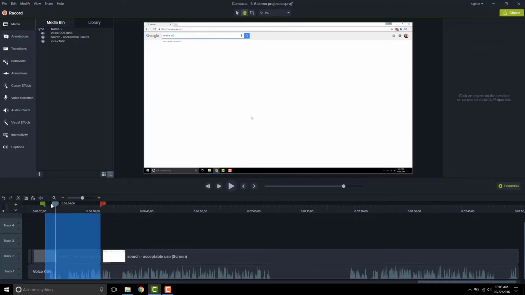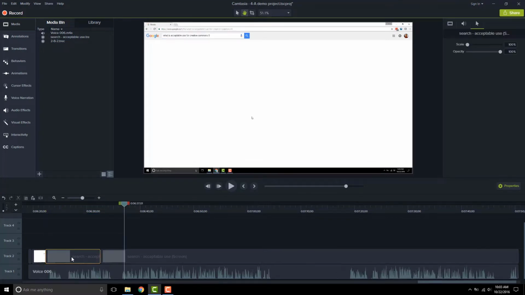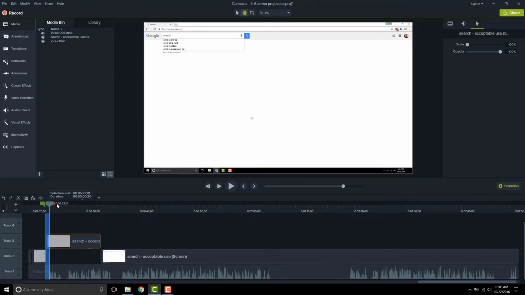And then I'll bring my playhead up to here where I start typing, and I need to select that clip and I'll hit S to split there. So now I have a clip that is just me typing. All right, so this clip here is, if I double click, it starts with that W and then goes through